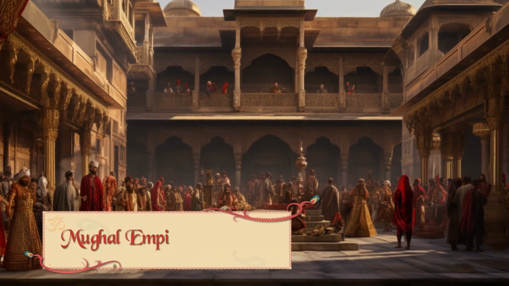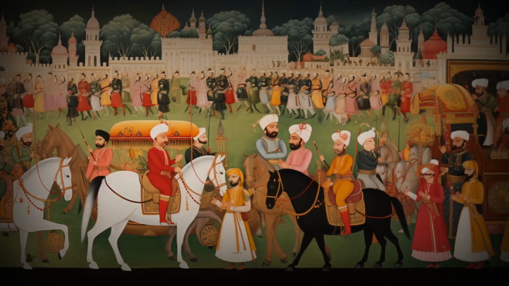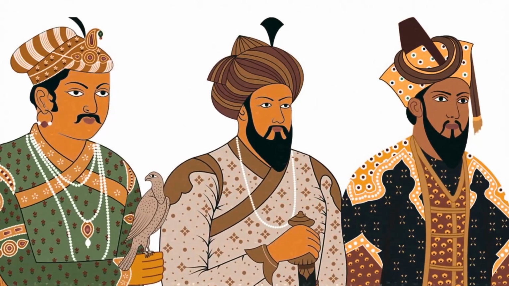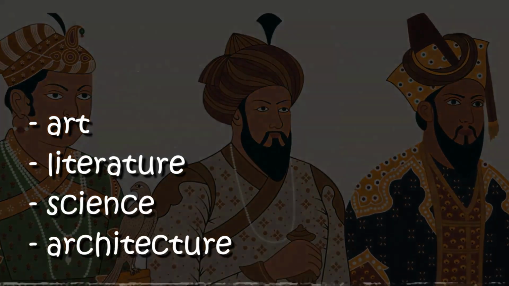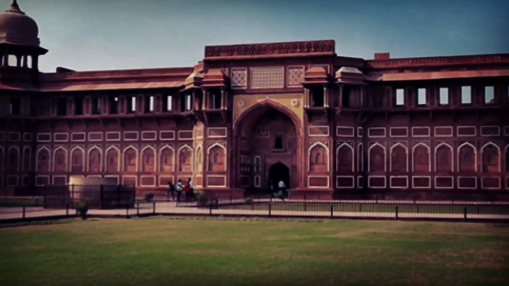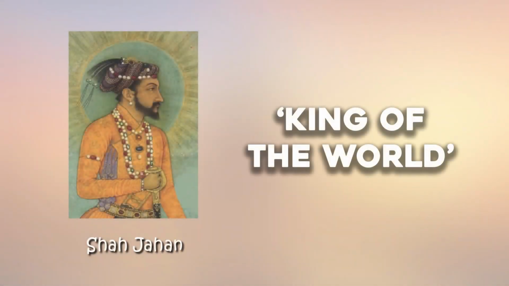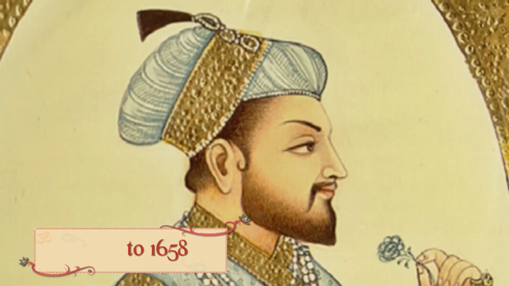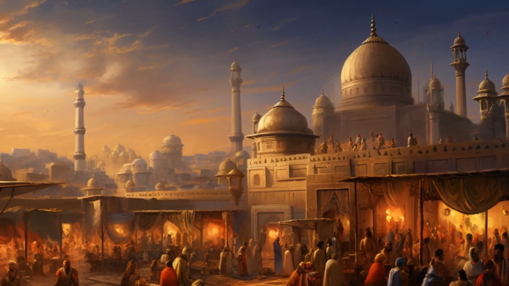History. Our story begins in the Mughal Empire of the 17th century, a long dynasty of wealthy and influential rulers under whom India prospered greatly. The Mughals accomplished many great feats, and one of them was their massive contribution to the field of art, literature, science, and, you guessed it, architecture. These contributions to architecture peaked in the era of the 5th Mughal emperor, Shah Jahan, which translates to King of the World. He reigned from 1628 to 1658, and it was under his emperorship that the Mughal Empire reached the height of its architectural achievements and cultural glory.